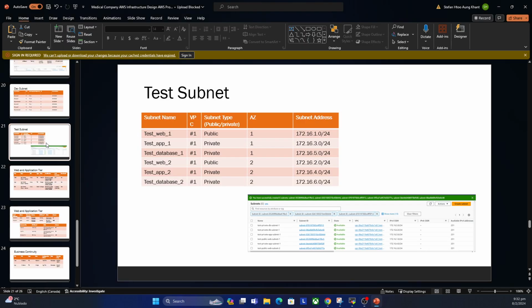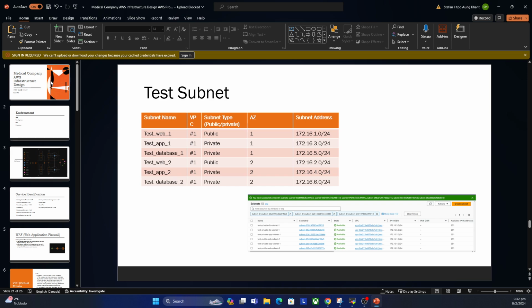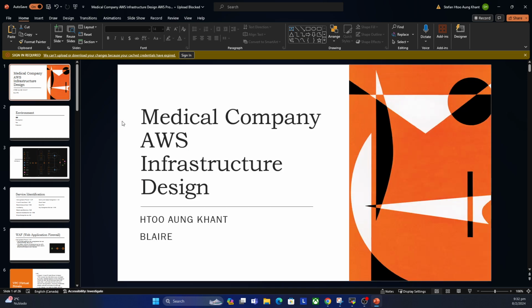Hi, today I'm gonna show how to configure three-tier web apps in AWS. Here is the AWS infrastructure design for a medical company. We have to create it with